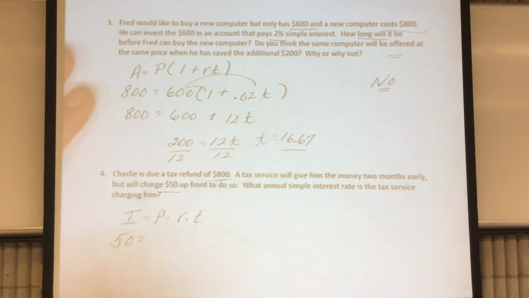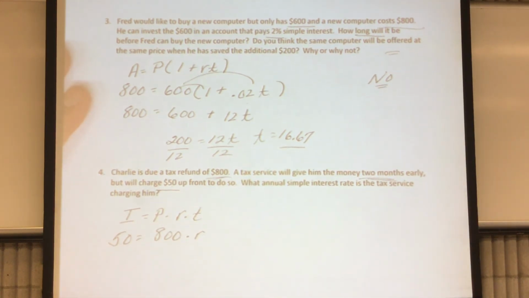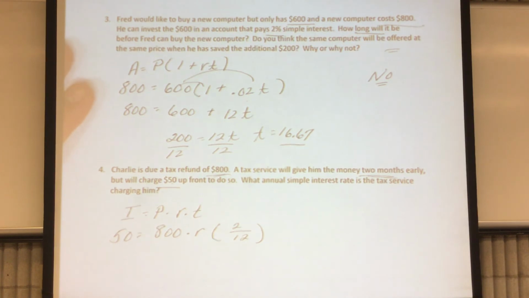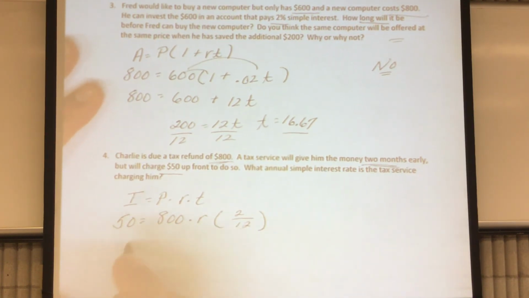So 50 equals the principal of 800 times R times 2. And here your time is 2 months. Therefore, we need to divide it by 12. There's 12 months in a year. So 2 divided by 12 times 800, and that is